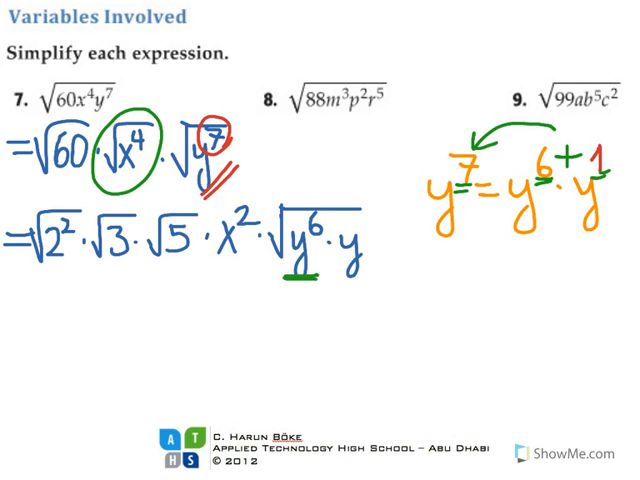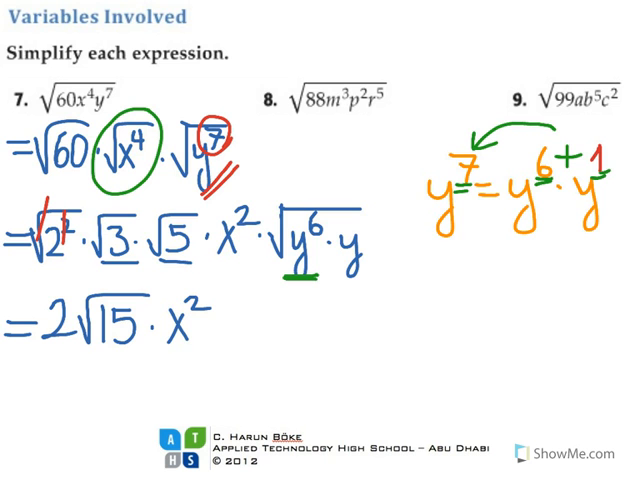So let's go on. Square root of 2 squared, here we have cancellation, so we have 2 here. So for root 3 and root 5 we can't do anything, so we will multiply them, so it will be 3 times 5, 15, times we have this x squared, it's already simplified, and for y to the power 6,